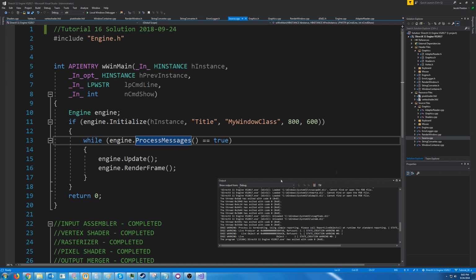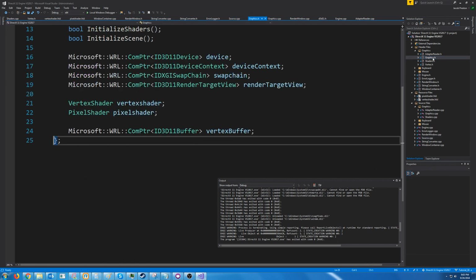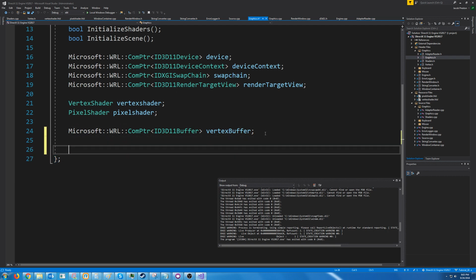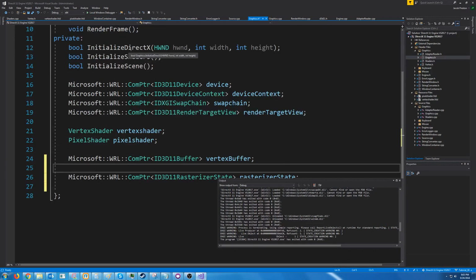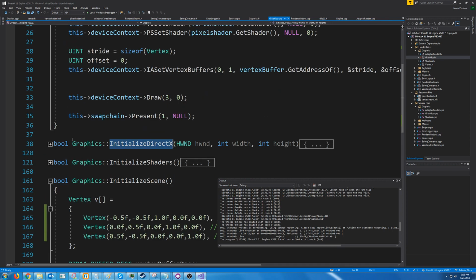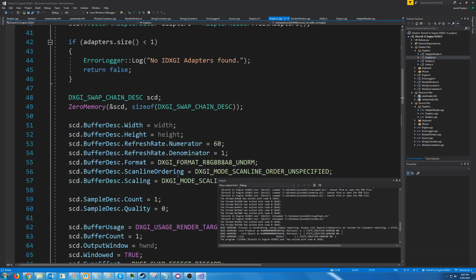In this tutorial we are going to set up our Rasterizer State. Let's go to the graphics header. We are going to add an object of type ID3D11RasterizerState to store our Rasterizer State. And now let's go into where we are initializing DirectX, and at the end here,